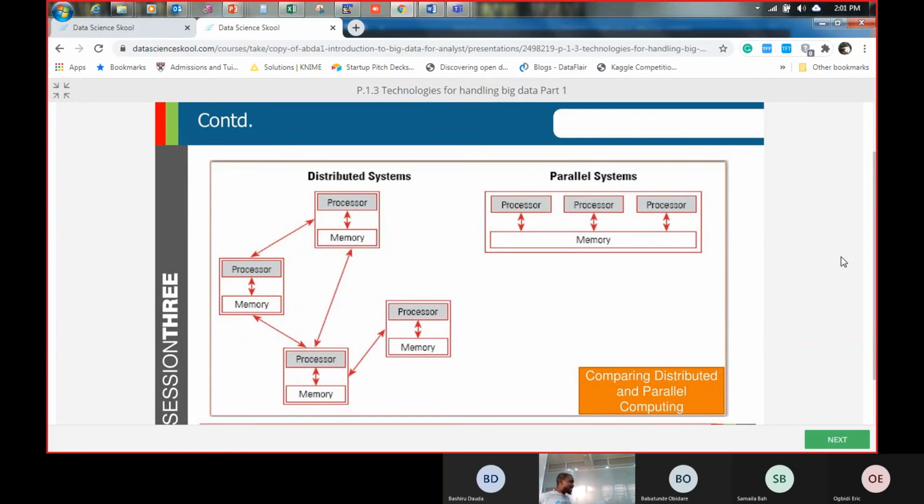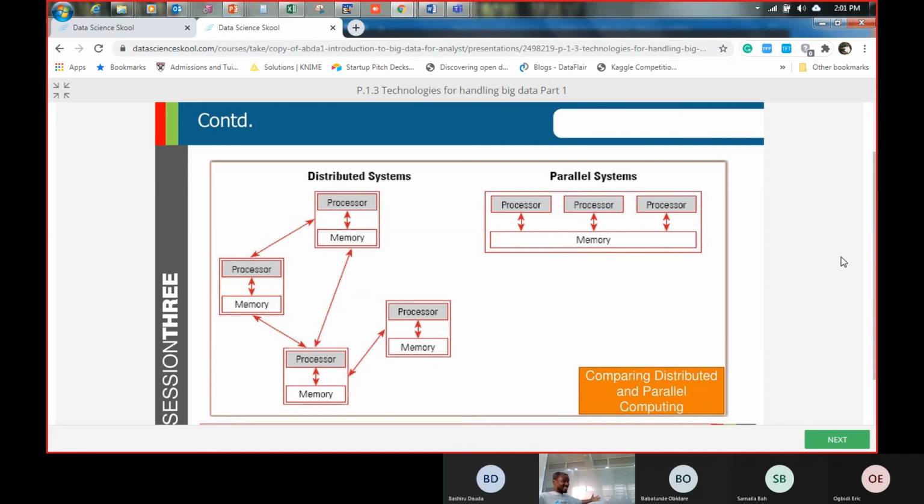So when the data becomes bigger, it means the need of solving those 3 problems becomes bigger again. And how do you solve it? More processor. If you give me more processor, I'll be able to solve the problem faster. If you give me more memory, I'll have more space to do my execution. At times, there are some Excel files you want to open, and once you double click it, you have to wait for a while before the Excel file is loaded, because the file is very big.